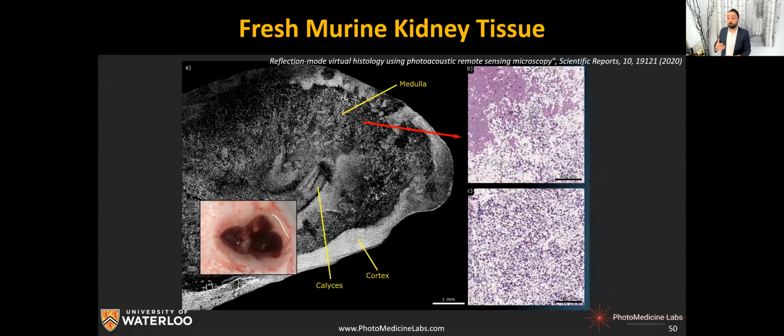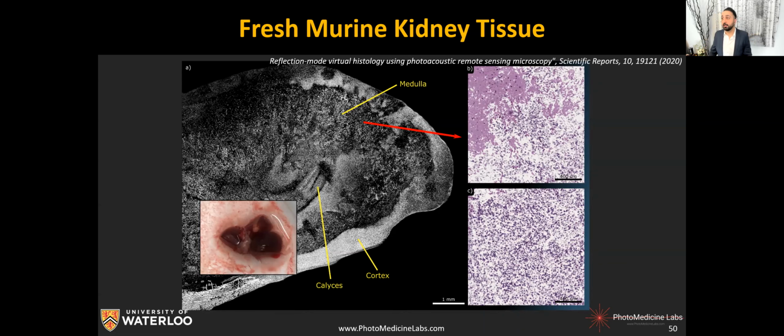Then we moved to resected tissue. I wanted to directly image the resected tissue. So this is the entire kidney of a mouse. We image that by PARS, and then we zoom in on different areas. And now by taking advantage of two different excitation wavelengths, one to target DNA optical absorption to look at cell nuclei, and the other to image cytoplasm, we can for the first time actually get H&E-like images from